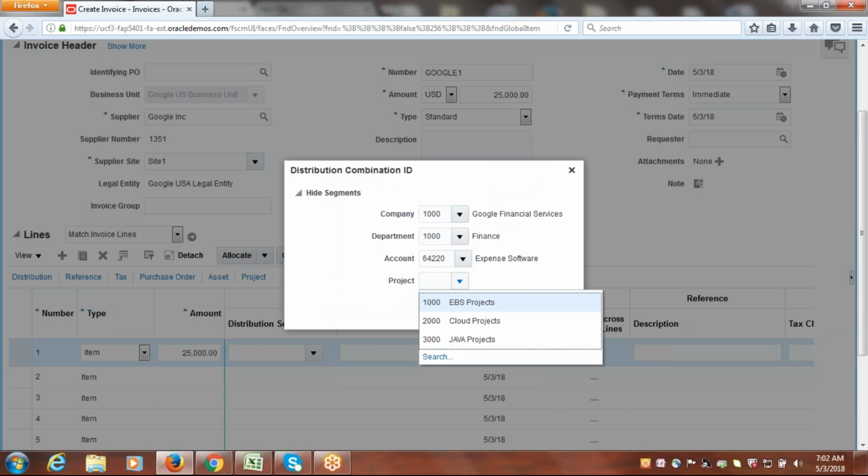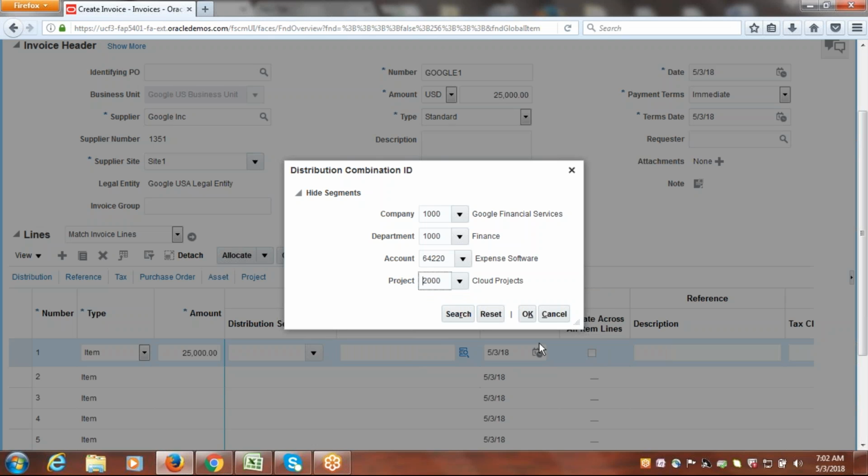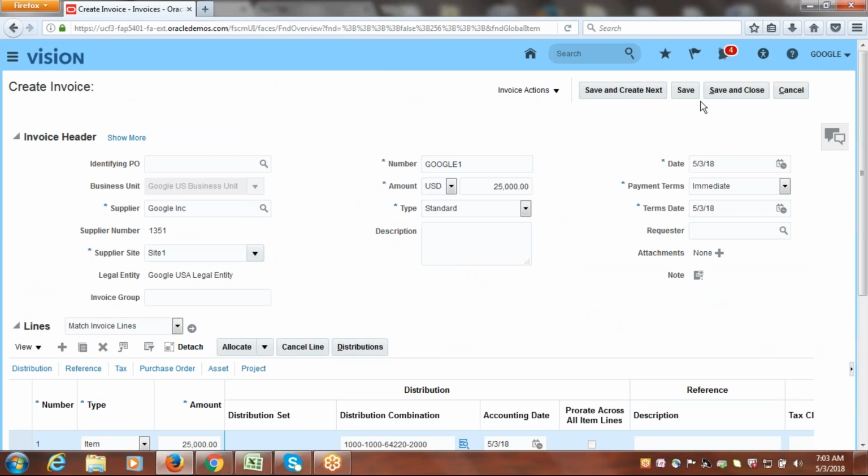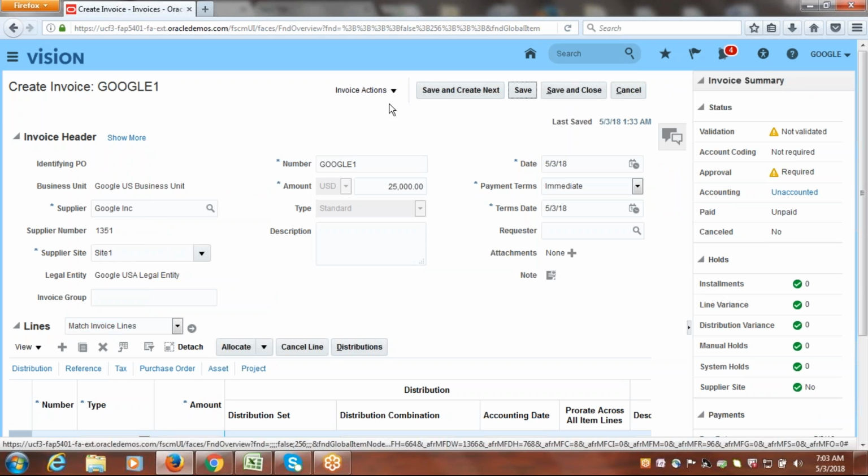I just added the additional segment called project at the time of the rapid implementation spreadsheet preparation. If it's applicable, you can select it, or you may maintain one default value to pick that. So done. Now save it. Directly you can go to validation also. Here you can see approvals required. Okay, approvals are required. See here,